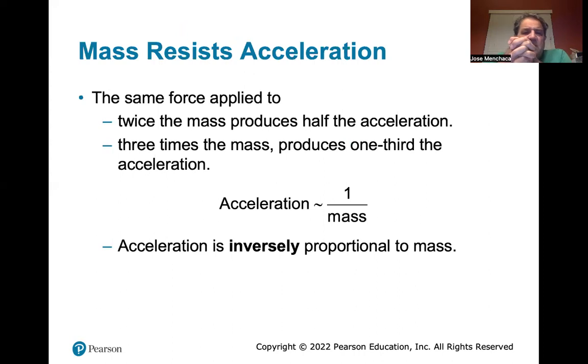Mass resists acceleration. The same force applied to twice the mass produces half the acceleration. 3 times the mass produces 1/3 the acceleration. So acceleration is proportional to the inverse of the mass. In other words, if this increases,